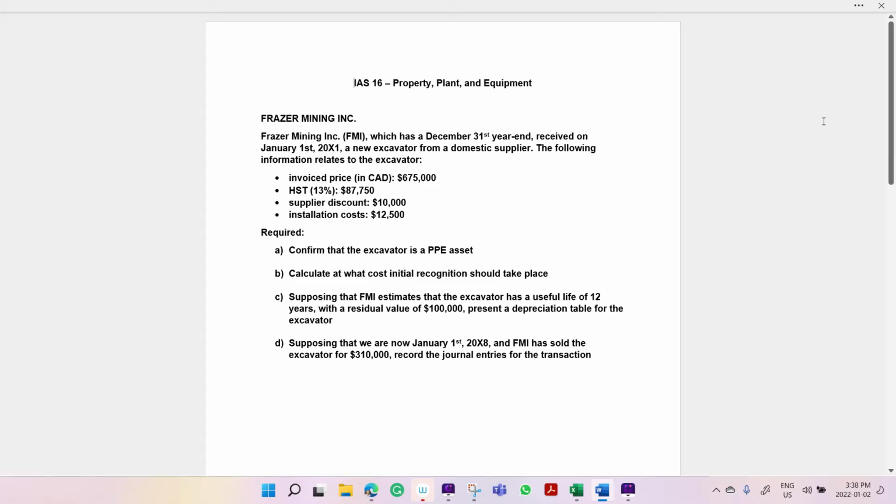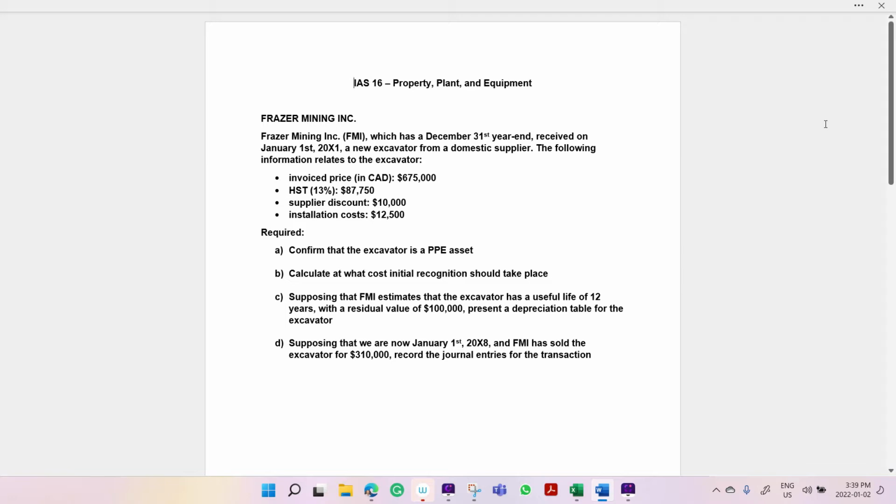Hello everyone, continuing here with the IAS 16 property, plant and equipment. We have a problem here that will help us get a better feel for the concept explained in the slides. And if you have watched the video for the slides regarding PPE and IAS 16, I recommend doing so first, where we just highlight 5 points to know at the tip of your fingers to make you successful with IAS